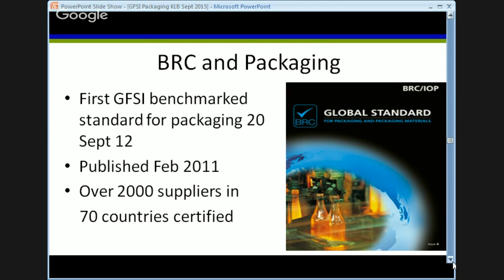All right, let's turn our attention now to the BRC standard. And with BRC, that is the British Retail Consortium, they have a specific separate standard for packaging. As a matter of fact, for BRC, they were the very first standard to become benchmarked by GFSI. And this occurred in September